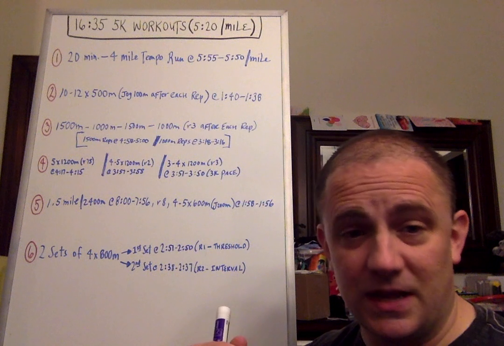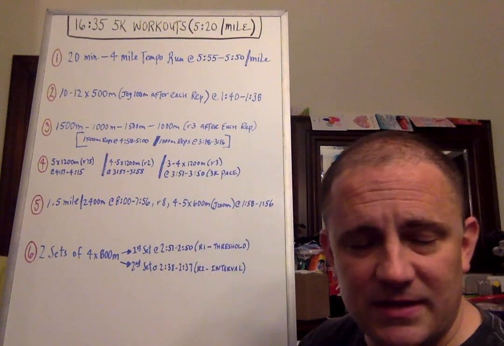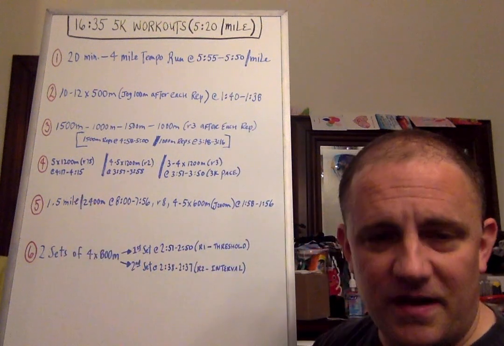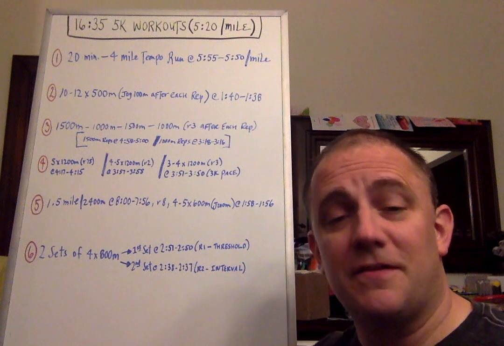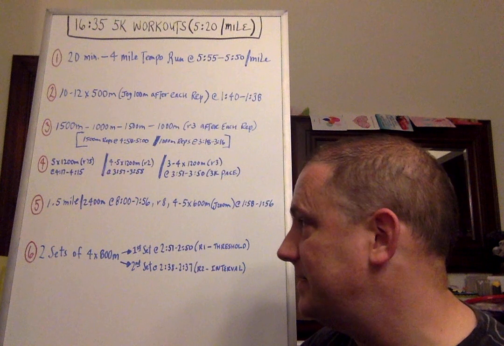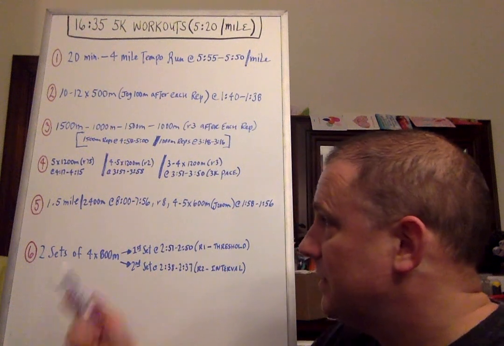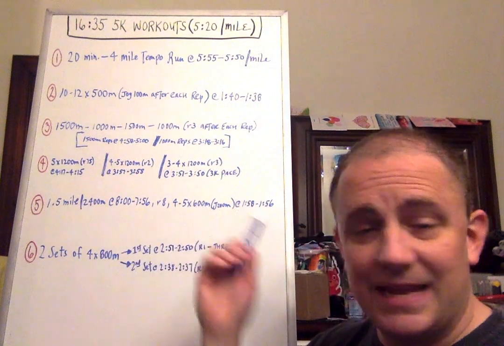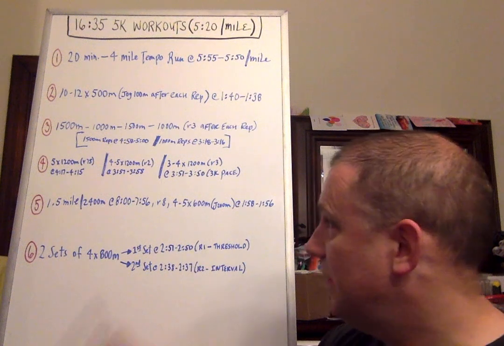You need to know what it feels like to be between 5:18 to 5:20 pace at 1.5 miles, even at 3 kilometers. As athletes get fitter, you can progress towards 3K. They need to know what it feels like to be at that pace for that long, okay? You do that at 8 to 7:56, take an 8-minute active recovery, and then in the back end, you do